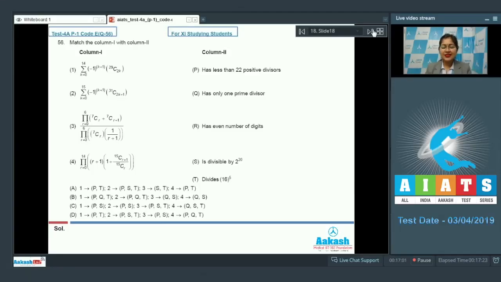Next is question number 56, that is column matching type. Here different values are given in column 1 and column 2 and we have to match them. So let us start with the option number 1. Now to solve this,